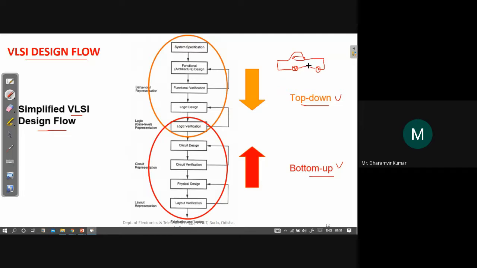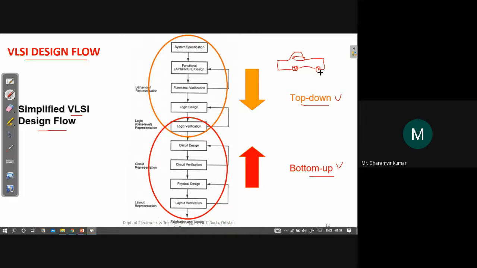First you will see what the overall size and shape of the car is. Then you will go inside and find that the car consists of different components, and you will fit those components according to the overall size and shape that you have already noted down.